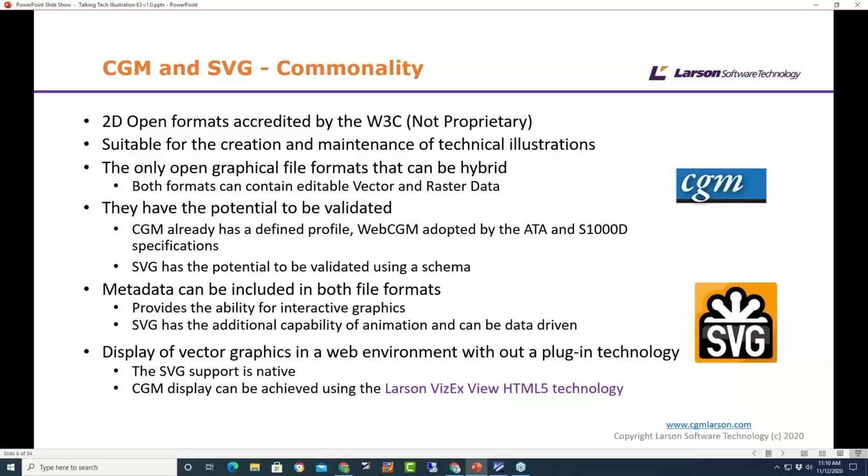That's something we recognized because a lot of the web browsers were abandoning ActiveX controls. So we came up with our own technology to view CGMs in a web environment without a plugin. So that is now possible using PhysX View HTML5 as well. So you can mix and match between the two. You can choose the one that suits your project best. But that's what we did, just to circumvent the disappearance of ActiveX.